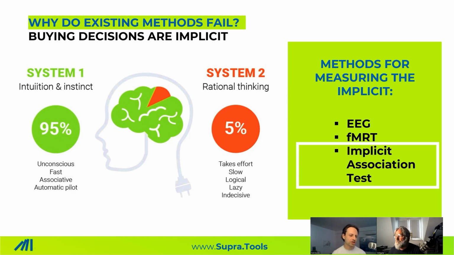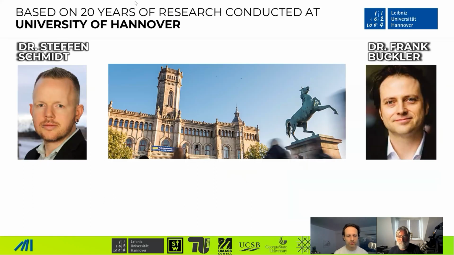Is the opinion rationalized? Rationalization takes one to two seconds. Or is it an opinion that the person already had, which is faster than that? And with that, you can conclude